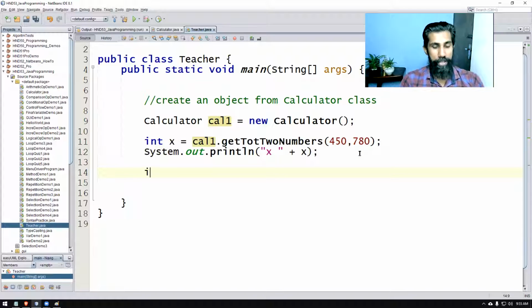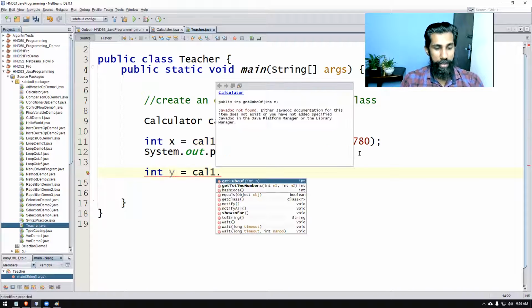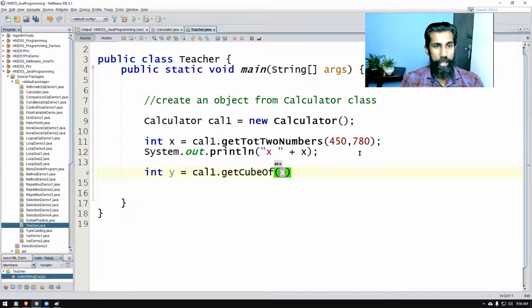There are other methods. For example, int x, I can't use x. I use int y is assigned the value cal1 dot getCube. Get cube of, if you give a number, let's say 3, the value is 27.